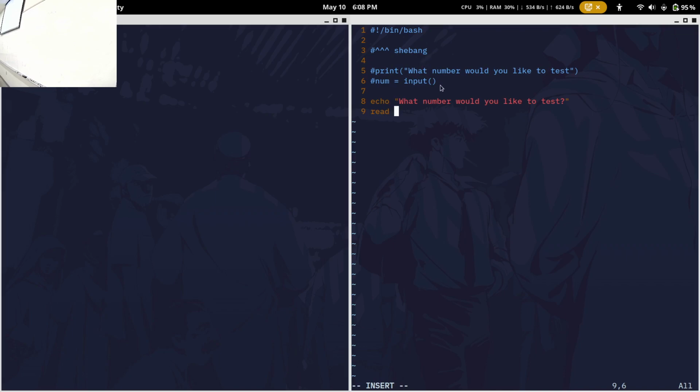So kind of like the input command in Python, it'll get input from the user. And then right after the word read, you'd want to use, let's say, num. And so what that will do is echo what would you like to test, and then it will read from the user and then save that into a variable called num.